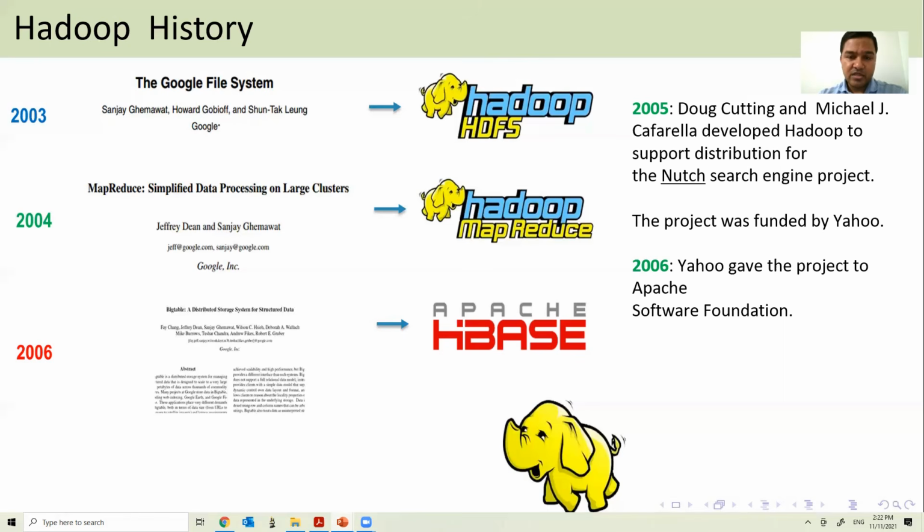they gave it to Apache, saying that we want to make it free. Once the project goes to Apache, it becomes free to use and open source. After developing, they gave it to Apache, and why Hadoop was needed, we will come to know.